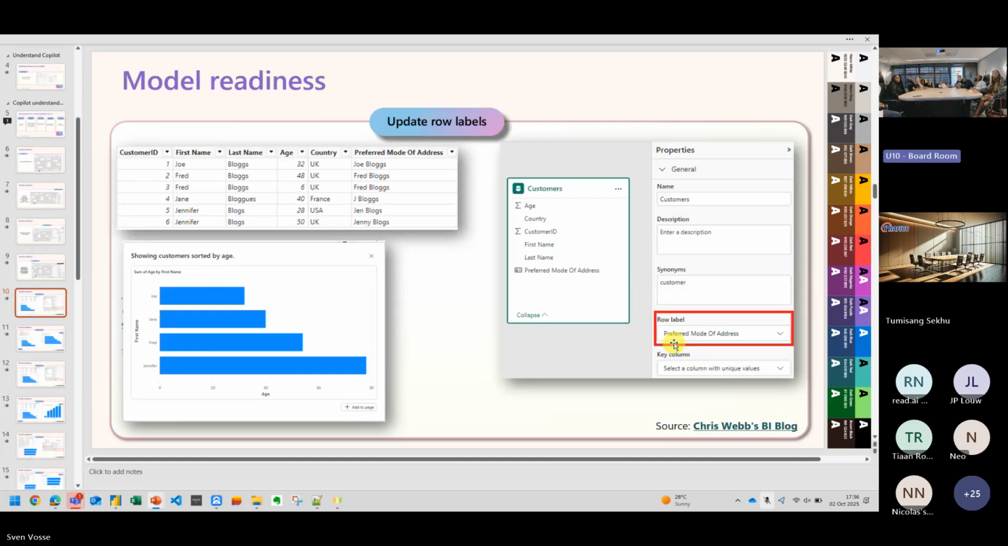Okay, right. So there were multiple things that they were involved with model readiness, and the two on the far right, I said we're going to get to them. Here they are: model readiness, update, row labels. Okay, so it is quite hard to see, but